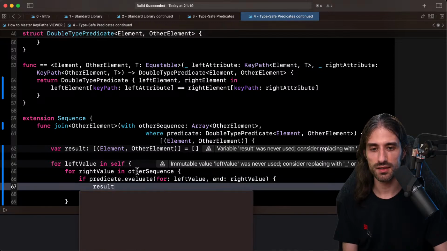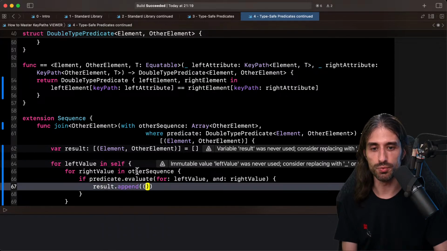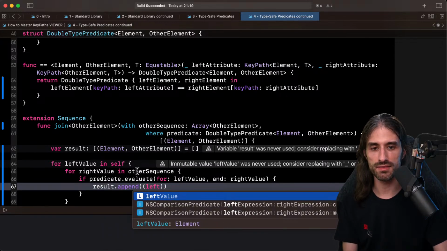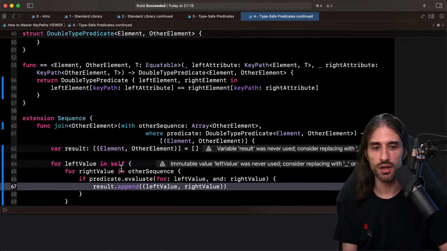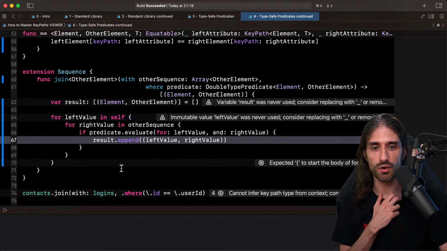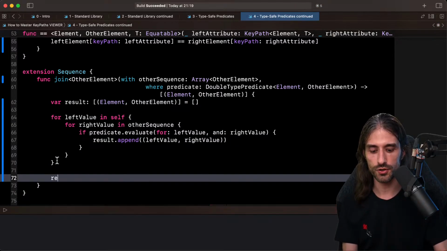If that's the case, then to my array result, I append a tuple that will contain my left value and my right value. So the algorithm is rather straightforward. And once I'm done, I'm just going to return my array result.